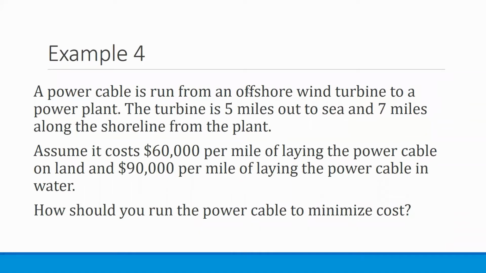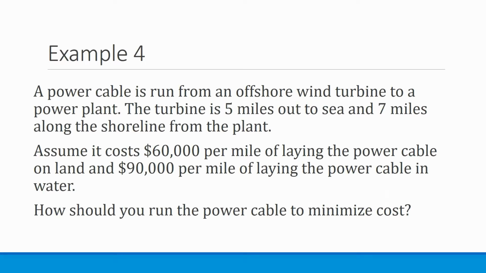Example 4 is another classic problem of optimization. This is where we take and balance two different competing pathways and optimize for either cost or time or something like that. In example 4, it says, a power cable is run from an offshore wind turbine to a power